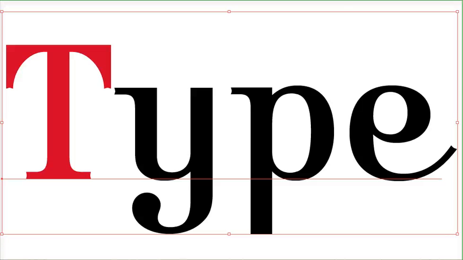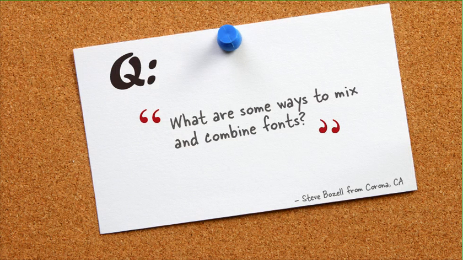All right, so one of the more popular questions that comes up, especially from e-learning designers and developers, is around mixing and matching, mixing and combining fonts. And the reason we want to do that, right, is we're trying to draw some kind of emphasis, draw focus to our text, maybe a specific word or a group of words on our slide. It's less for design reasons as much as it is a tool and a means of guiding the learner